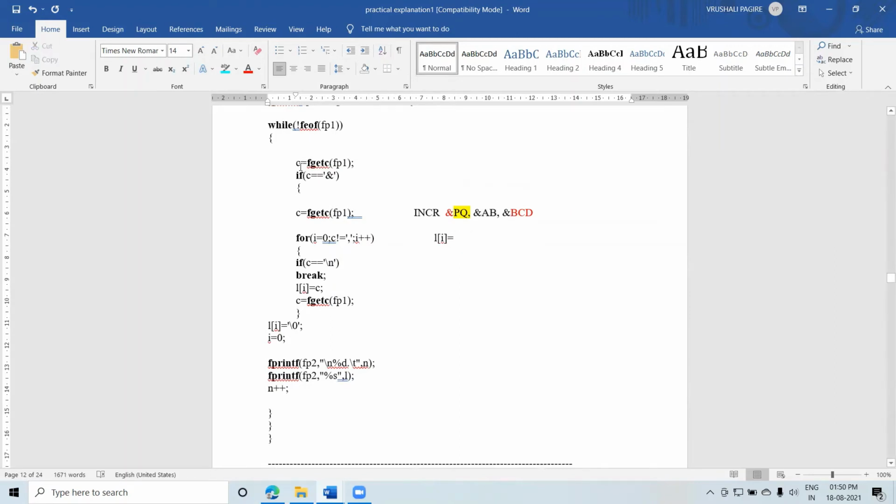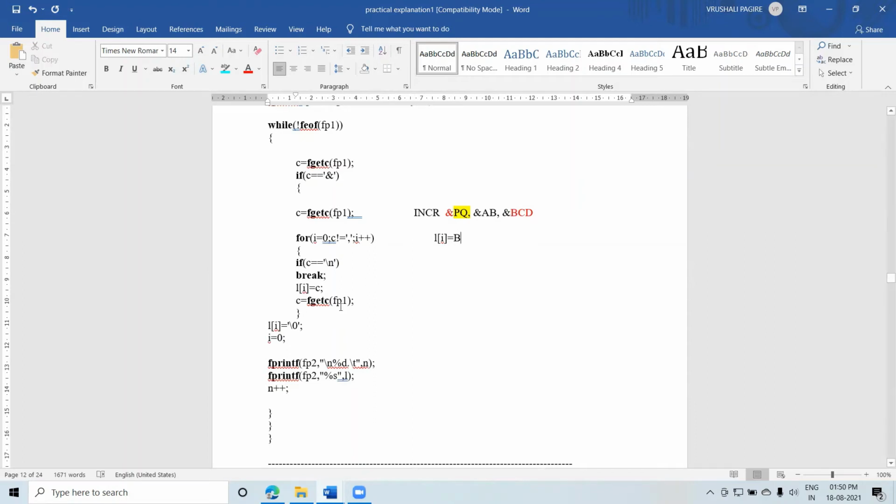Okay. So here you read the character, that is first B. Okay. So check, here your C is equal to fgetc. So what is in C? B. So check whether it is a comma. No, it is not a comma. Enter into the loop. Check whether it is a slash n. No, it is not a slash n. It is a B character. So you cannot break the loop. So copy that into your array. So here B is there.